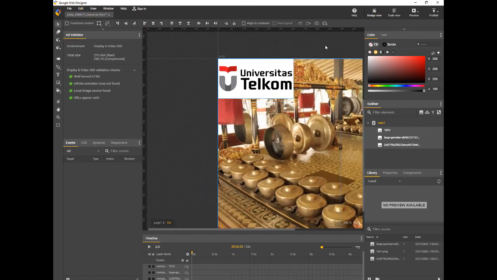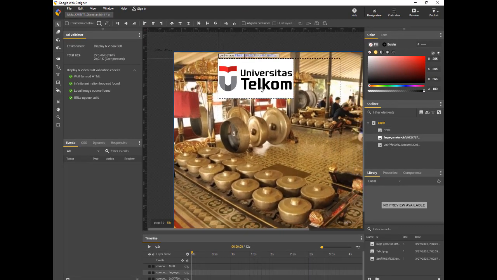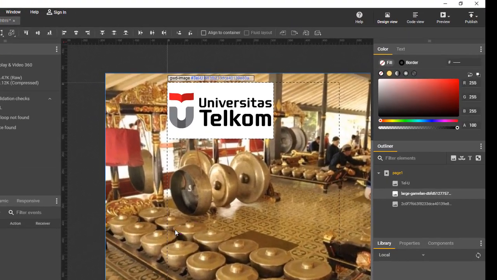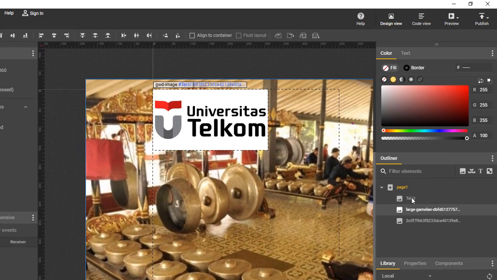So you can see the appearance of the asset really depends on the size of your image. To change the size of the image, you can click this one in the outliner.